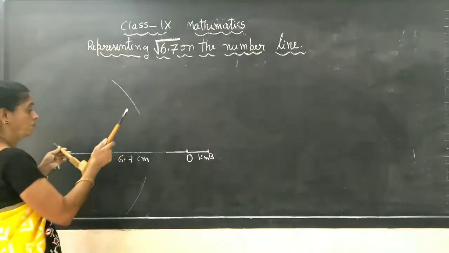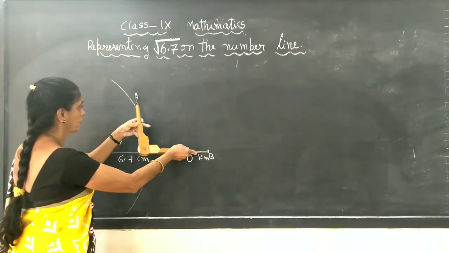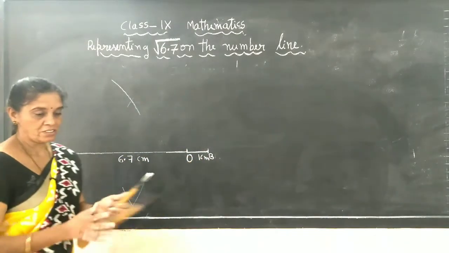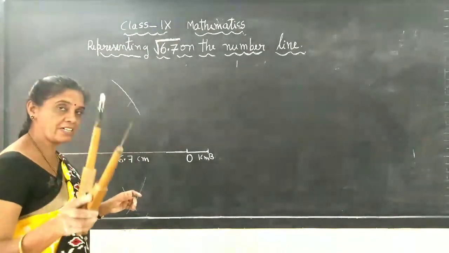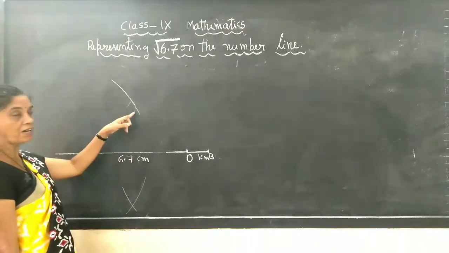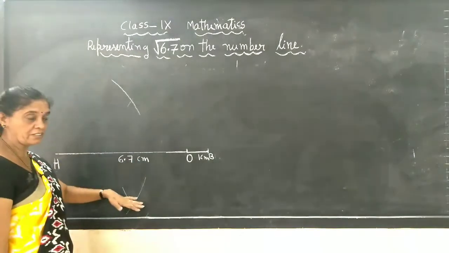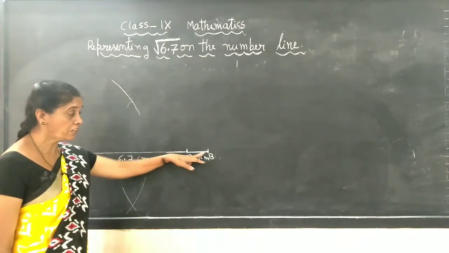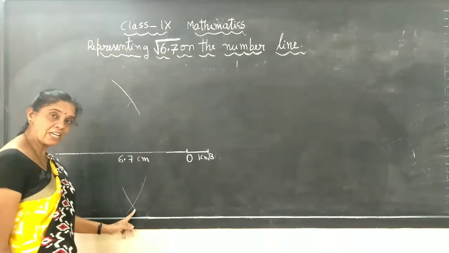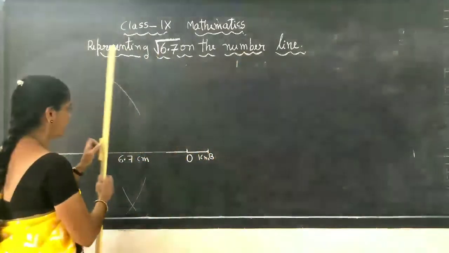Same here, keep it at B. It will cut the arc. Got it? Take a sufficiently big radius on this compass. Keep it at A and draw the arc. Same radius, draw one more arc above the line and below the line. Take the same radius, keep it at B, not at O. Draw one more arc above the line and below the line, and try to join.